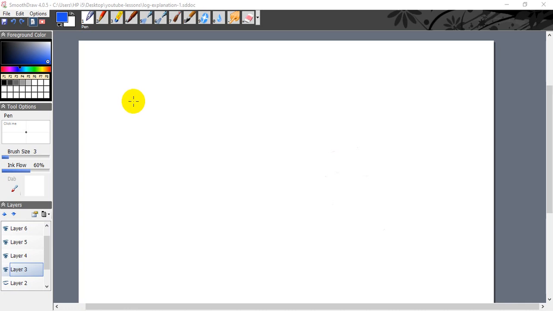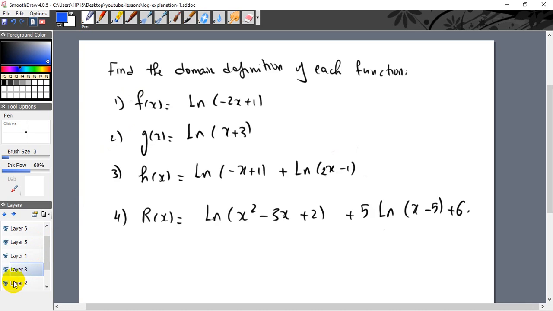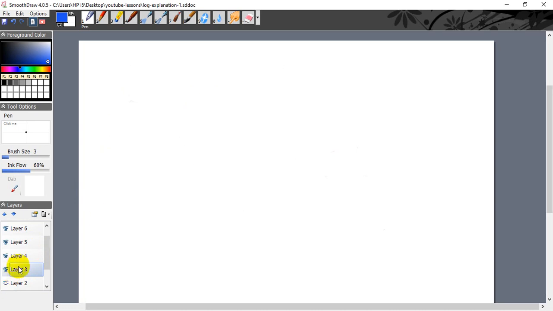Okay, salamat again. In this video, we are going to solve the previous example that we have mentioned in the previous video. The question is, find the domain of definition of each of the following functions. Before we do this, let us remember something about the domain of definition of the function which is defined as len u. If we have the function f of x equals len u,